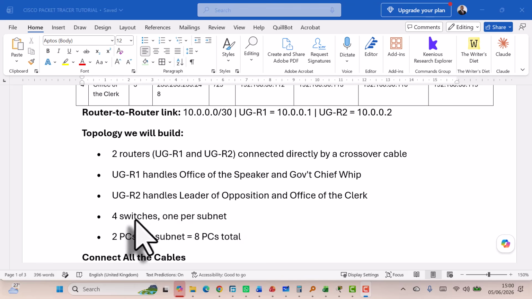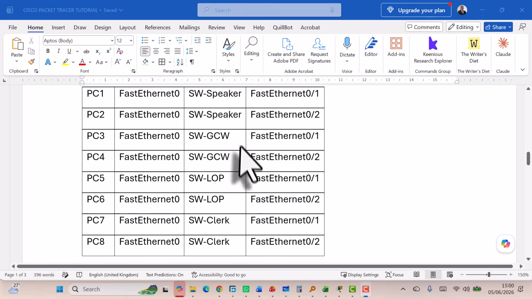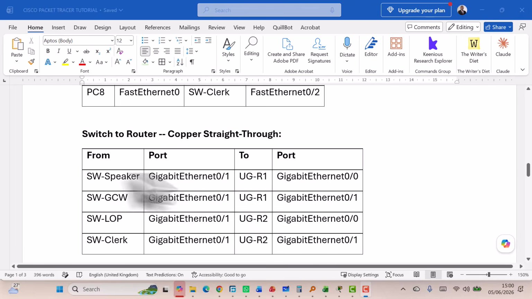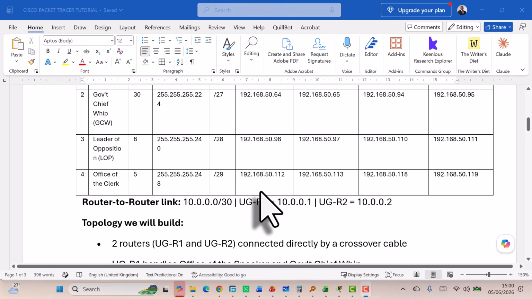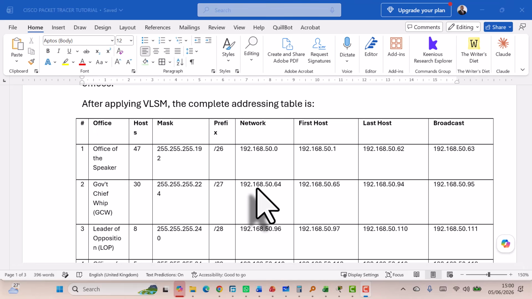So we have 4 switches, 1 per subnet, and then we'll have at least 2 PCs representing, so we'll have a total of 8 PCs. So that's all you should remember. Sometimes they give you this table. You can just look at it and understand which interface is connecting where, but basically that is the genesis of the network we want to implement in